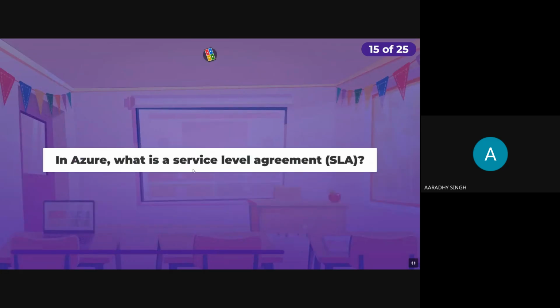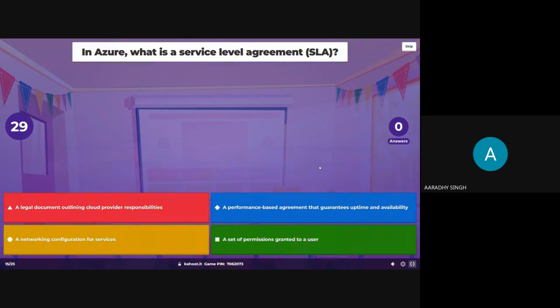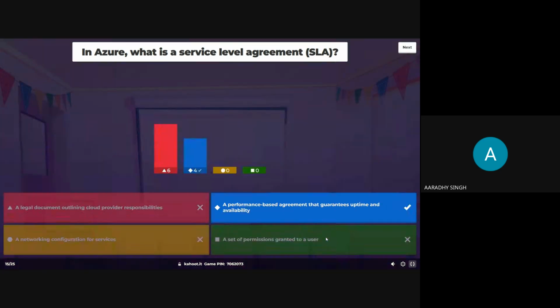In Azure, what is the SLA? Yesterday I repeated multiple times, SLA, service level agreement. So guys, a service level agreement is not a legal document.